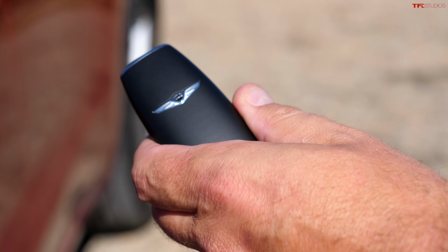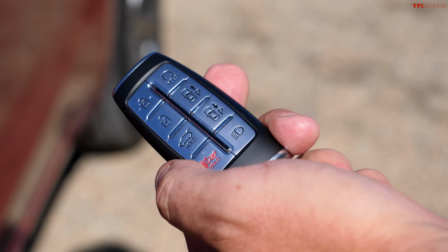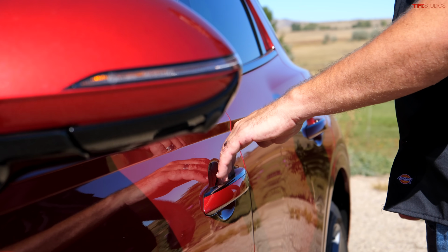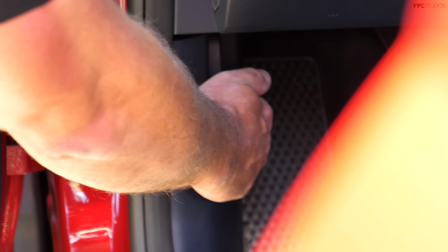So before I open the hood and actually show you the engine and also show you how it accelerates 0 to 60, here's the key, and it has a lot of cool features. So first of all, it recognizes me when I'm coming up to the door. Of course, keyless entry, the mirrors are unfolding, and then I can actually pop the hood and show you the